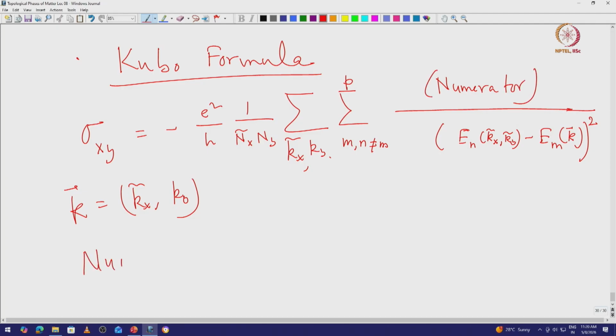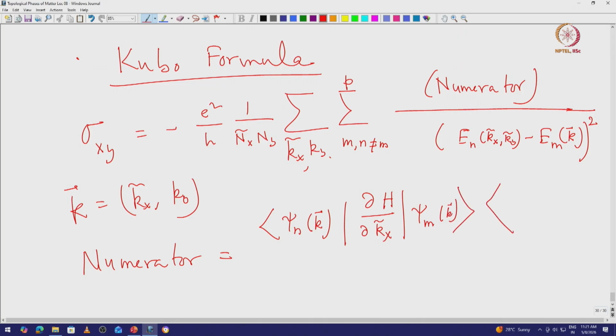So the numerator will be the eigenvector of that P by P matrix, the velocity along kx and kx tilde, and the same thing along ky, and of course for both cases, so there will be kx goes to ky